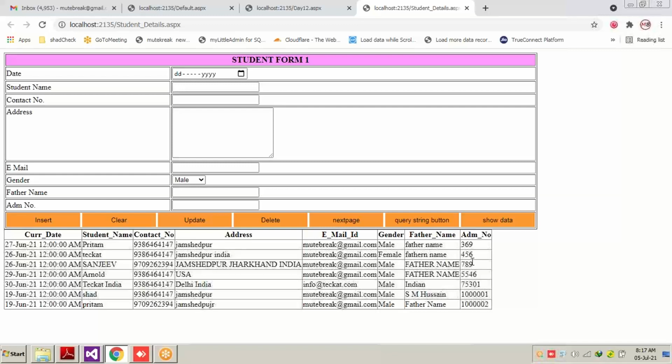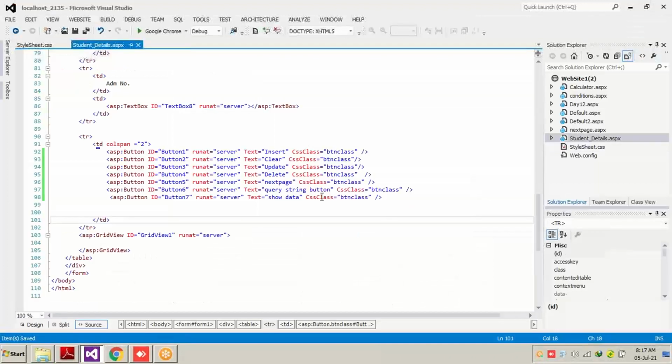The benefit of using CSS is that only in one place you have to write the design coding, and you just have to call that particular class in whatever control you want. You don't have to write the properties separately for any other control. Okay, so I believe everybody has understood the purpose of CSS.